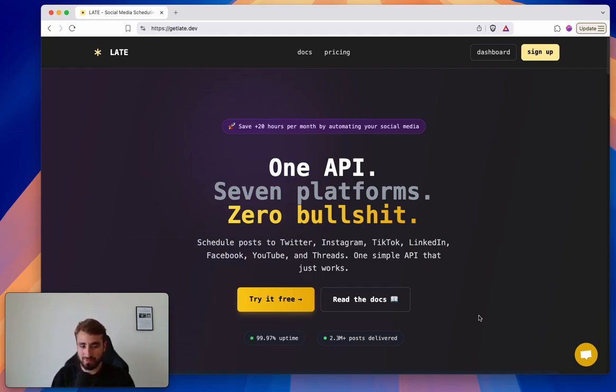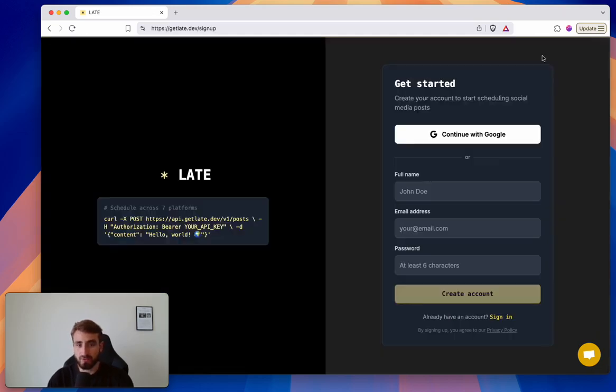to connect all these platforms and save all this time without having to manually create and craft posts on different social media accounts, and also just one API which will allow us to quickly post to these different social media accounts without having to either use the official APIs, which are a waste of time, or manually doing that. Okay, so the first step will be to create a test account, and we're going to do that